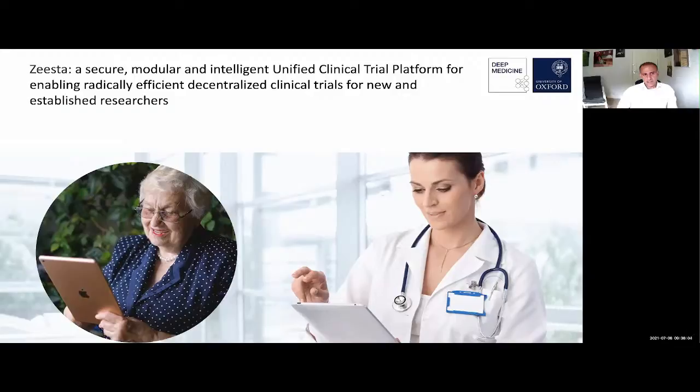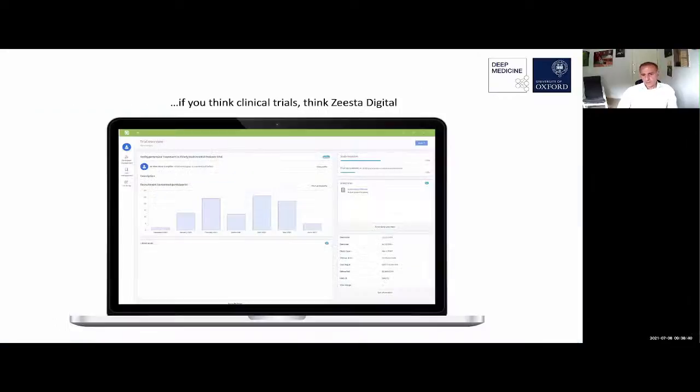And here, we have been working on a digital solution to that with a product called Zista that provides a secure and modular intelligent platform for unified clinical trial management. It makes the conduct of clinical trials remotely radically more efficient, and brings knowledge to non-experts to enable new and established researchers to focus on the product that they want to evaluate, as opposed to the technical nuances of clinical trial management. So in that context, I want to just say, there's not enough time to go through this, but of course, if you think of clinical trials, think Zista Digital, which I believe will substantially enhance the experience of the users and enable some new, radically more efficient clinical studies,